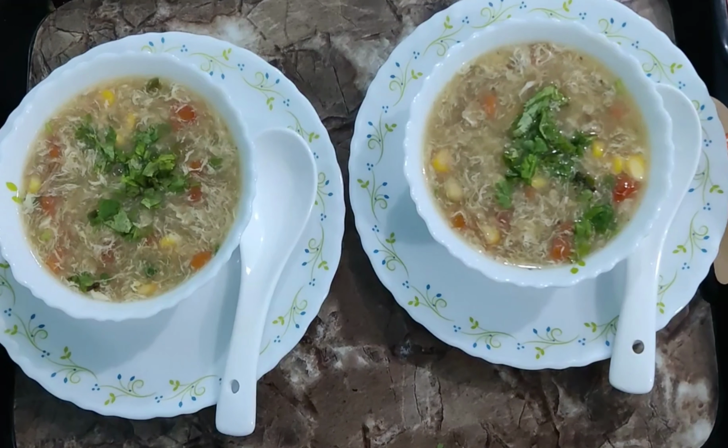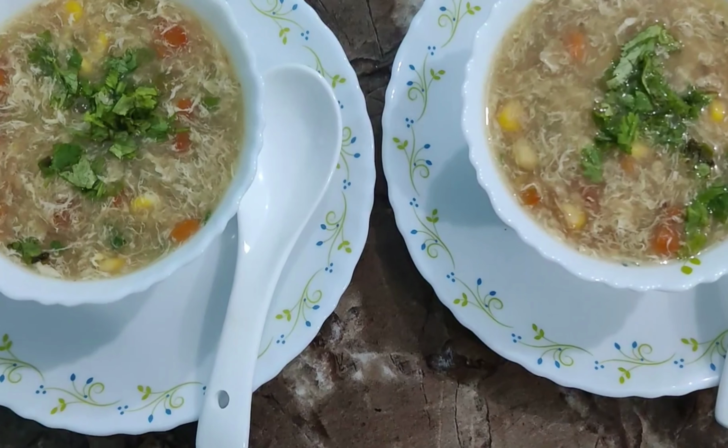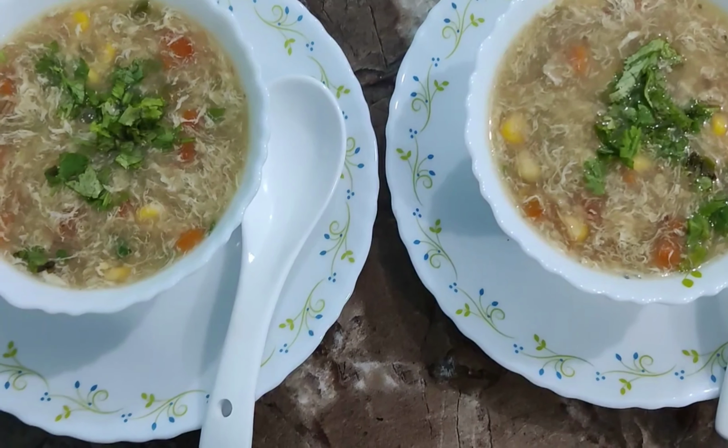Today we are going to make a very healthy and nutritious chicken soup. The ingredients for which are: